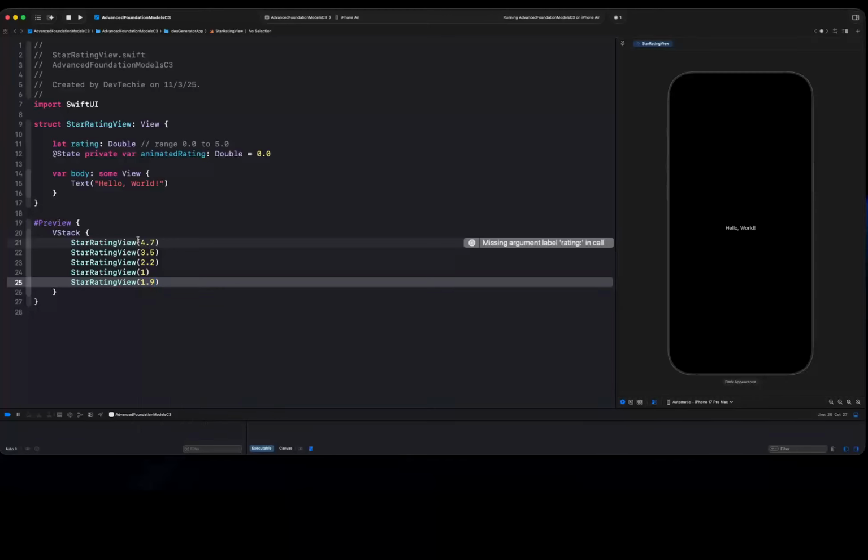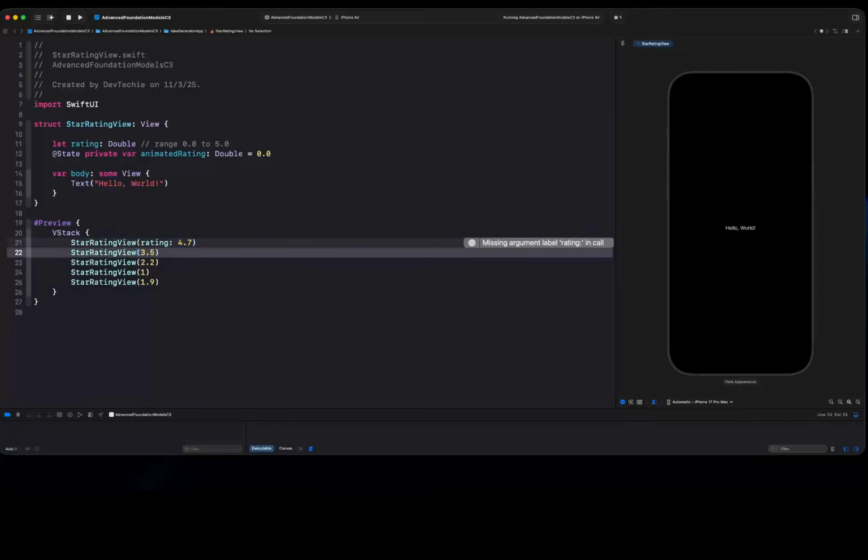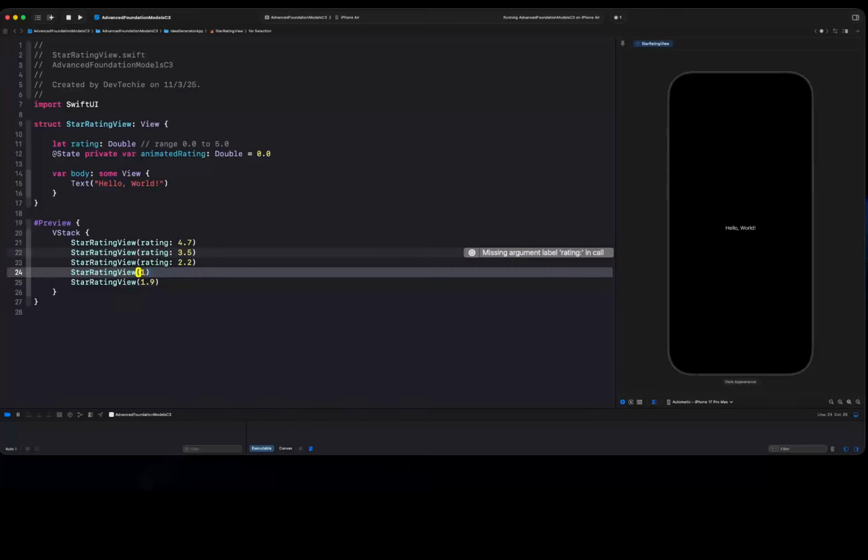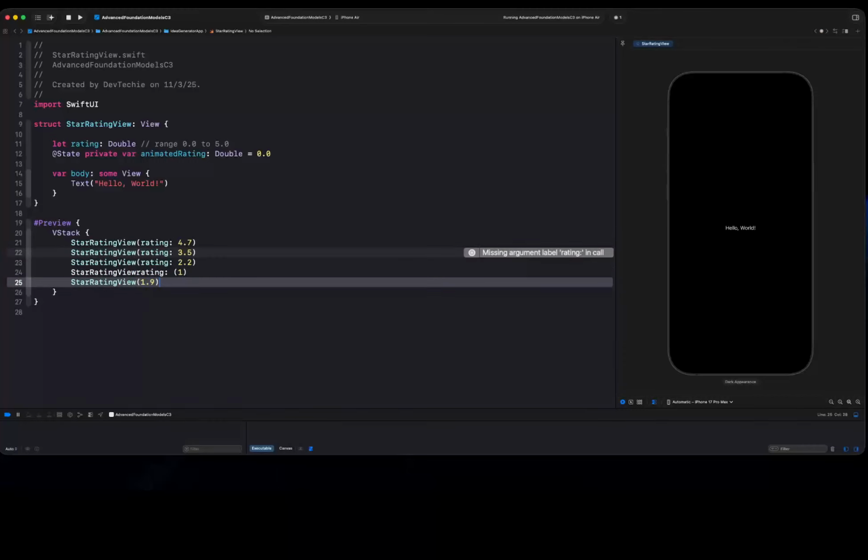Let's add the rating parameter name. Actually, it's been missing in all of them. There we go. Now what we should see is